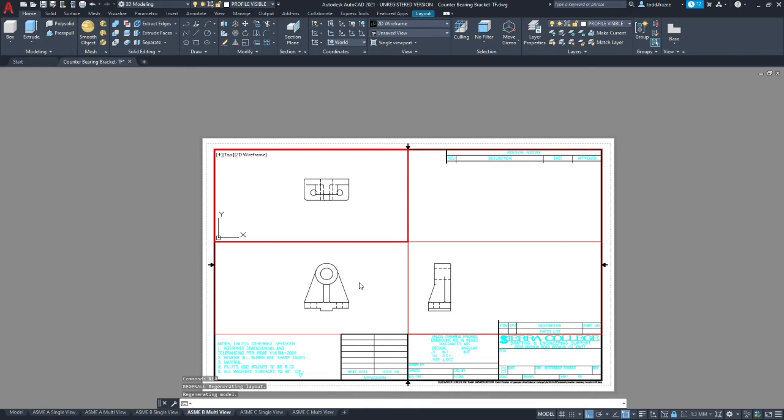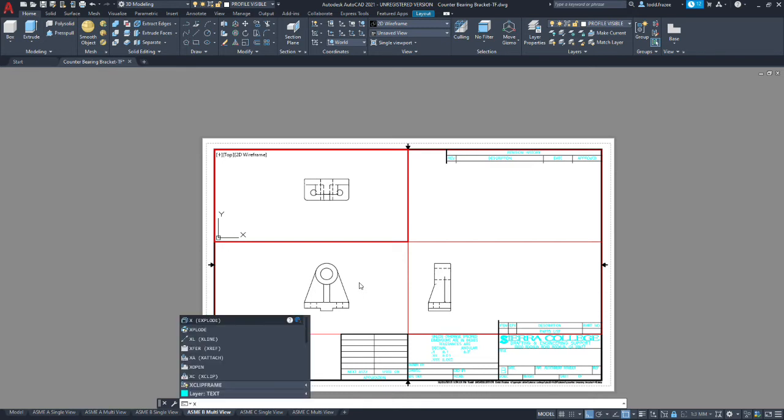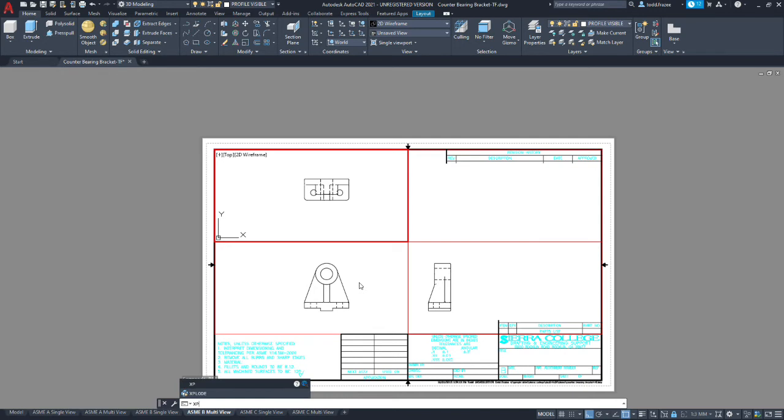We're going to type the letter X, explode. Just starts with an X. And we need to select the items we're going to explode. Should have 3 views, 3 items. We hit enter, and we're going to do global. So accept that, and then it asks you some options. We're going to do all.